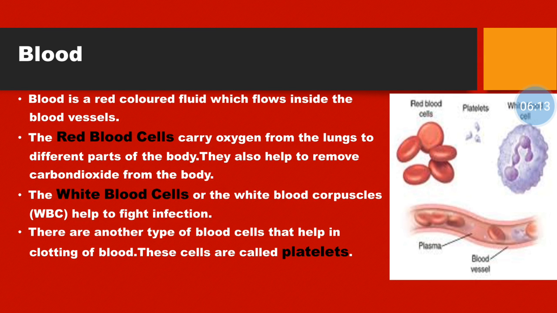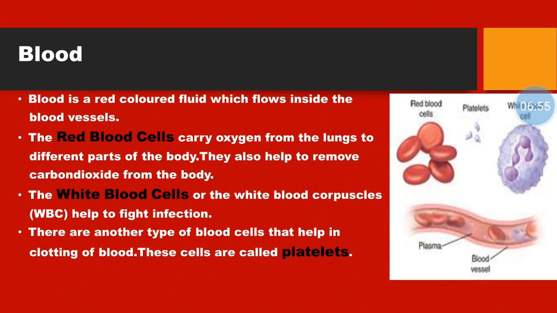Whereas the white blood cells, these white blood cells help to fight infections. Okay, so these white blood cells fight germs such as bacteria and viruses. And there are also some types of white blood cells that make antibodies. Children, now what are antibodies? Antibodies are special proteins that recognize the foreign material and help to get rid of it from the body, so that the body does not get infected. So the main objective of WBC is to fight germs in the body.